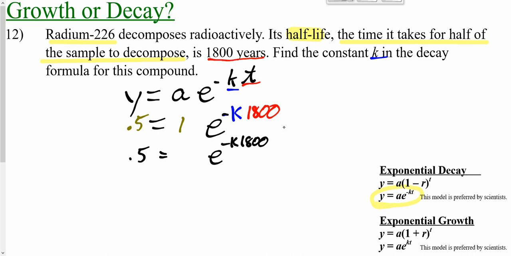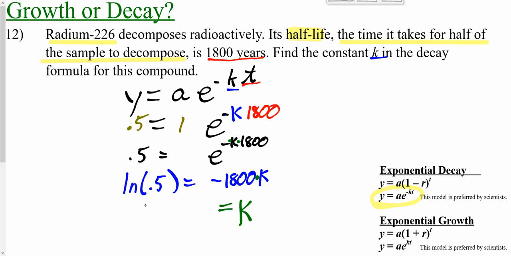And then you're dealing with an e, so you definitely want to use natural logs. You could either use your definition of a natural log or apply a natural log to both sides. It would not make a difference. But either way, you would end up just getting this. Now, since I have really 3 things, a -1, a k, and an 1800 multiplied together, I'm going to put the negative and the 1800 together. So then to get k totally by itself, to undo that multiplication, it's going to be natural log of 0.5